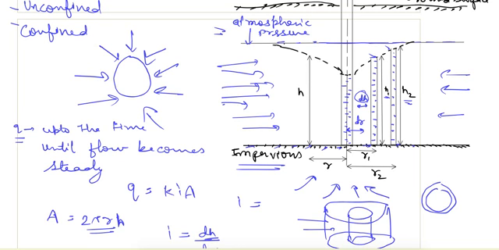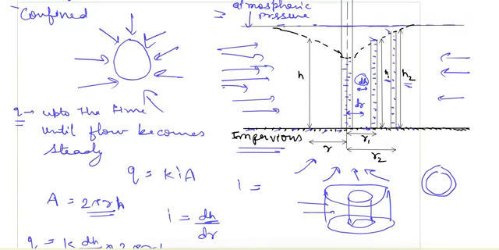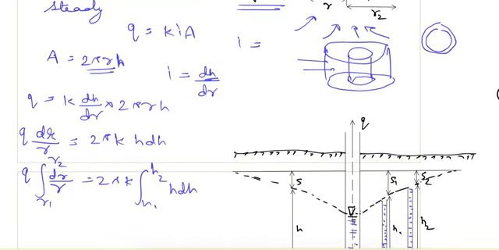So we are measuring the water level in these observation wells. In this first observation well, at a distance of r1, the head is h1, and at a distance of r2 the head is h2. These heads, as I said, will be attained after the steady flow condition has been obtained. After that this head will be constant, so we can write this equation like this.